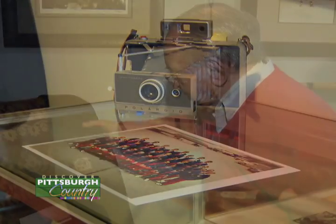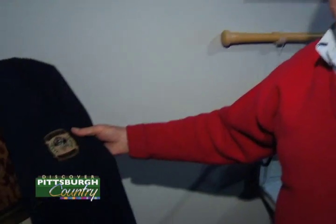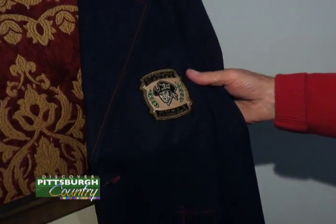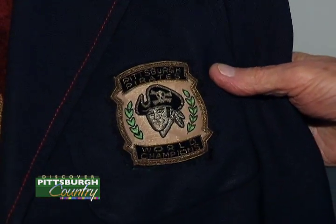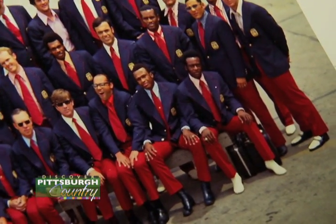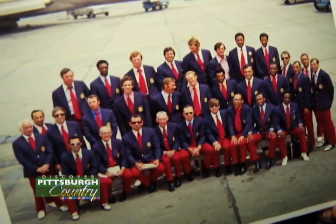So that jacket, we received all these jackets. This was part of a traveling uniform in 1972. We all had to wear this when we went on the road. And it's a funny story with it, because in Cincinnati, at the airport, we ran into Zsa Zsa Gabor walking